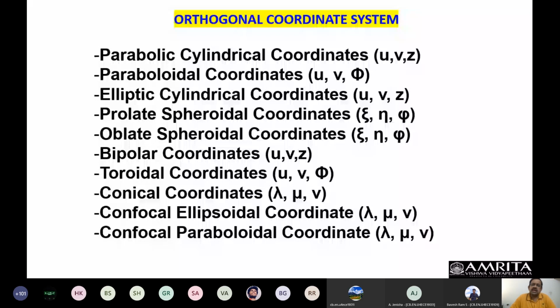Our aim here is not to learn completely into orthogonal coordinate systems. Rather, we will try to learn a few things and we will try to make use of them. Okay, so that is our aim. Our aim is electromagnetics. Do not forget that. But we are going to use the mathematical tool to learn that electromagnetics. Therefore, we will restrict to cylindrical and spherical coordinate systems.